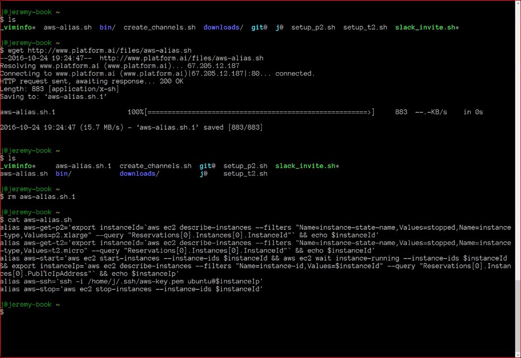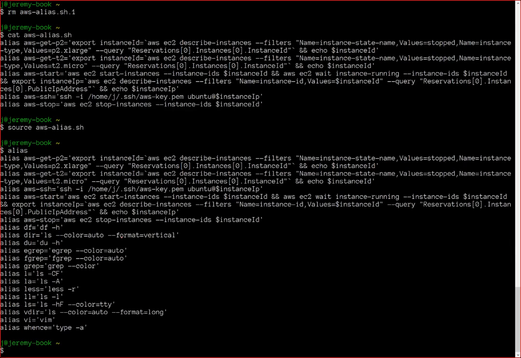I'm going to show you what these things do because I find them pretty convenient. Basically, if I run AWS get P2, so first of all I'll say source AWS alias.sh, and that just runs that file. Okay, that's in Bash, that's how you just run a file. And that's now caused all of those names to appear as aliases to my system. So if I now run alias get P2,